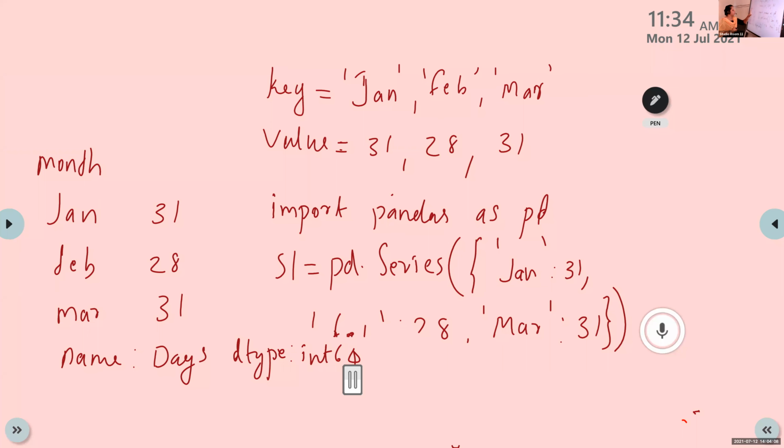Okay. In the output of this program, there is the month column. That is, the name of the key appears just like a column name, but the name of the value appears after the 3 rows. So it will display like this: name, column, days. Then dtype is int64. So this is the output for creating a series using the name property. Okay. Just write the output also. For index, the name is just like a column name, but for value, it is displayed as the last row.